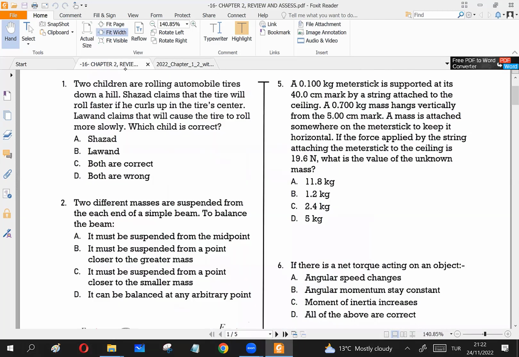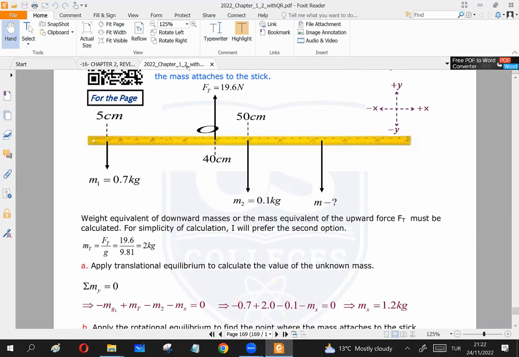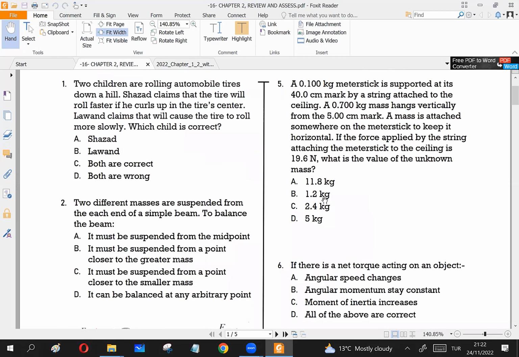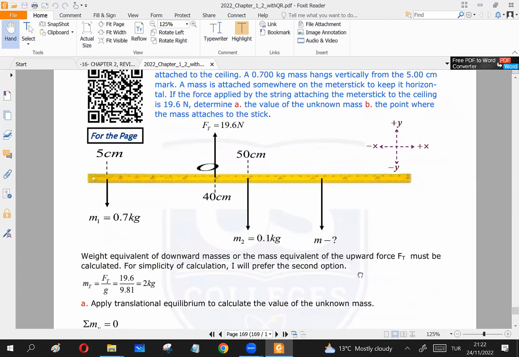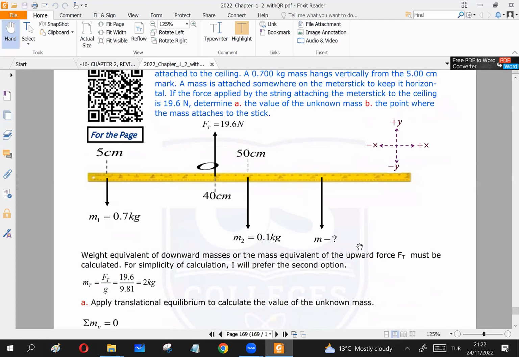So when you apply all this, you will get the result as 1.2, because here we have 1.2. Yeah, it was 1.2, correct? Yeah, 1.2. So B is the correct answer. This question also has a second part, which I didn't put in the test bank, but it also asks you